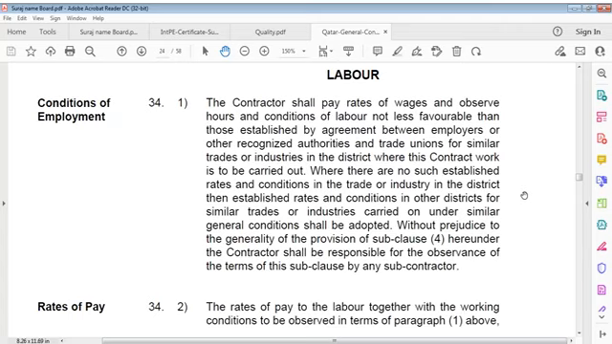You can say where there are such established rates and conditions in trade or industry in the district, then established rates and conditions in other districts for similar trades or industries carried on under similar general conditions shall be adopted, without prejudice to the generality of the provisions of this clause. The contractor shall be responsible for observance of the terms of this subclause by